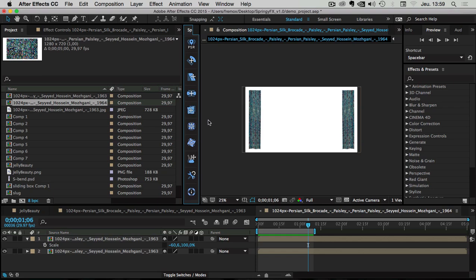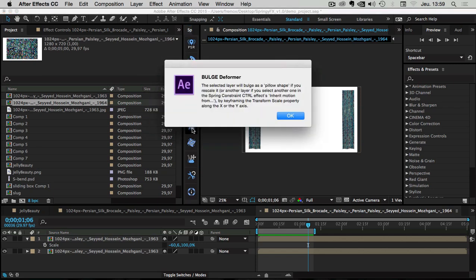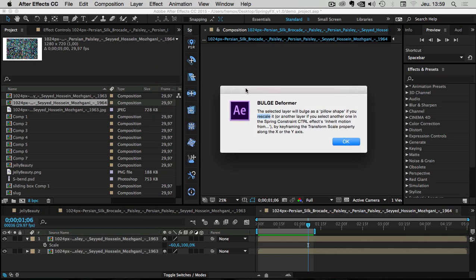Continue with the next one, which is called the Bulge deformer. The Bulge deformer has been designed to make your layer bulge while you resize or rescale it. So it's a little bit different than the previous ones, since all those were working in conjunction with keyframed position, but this one has to be some keyframes on its transform scale property, as it's mentioned in this